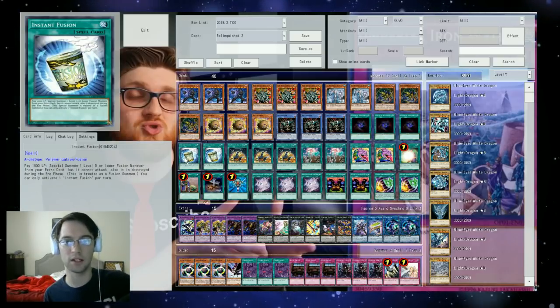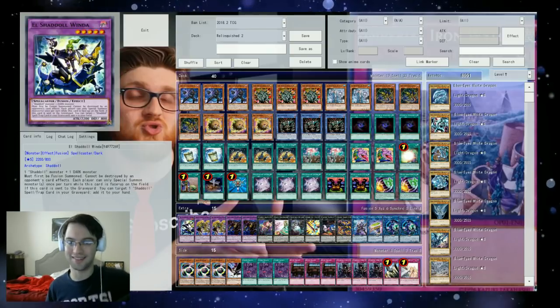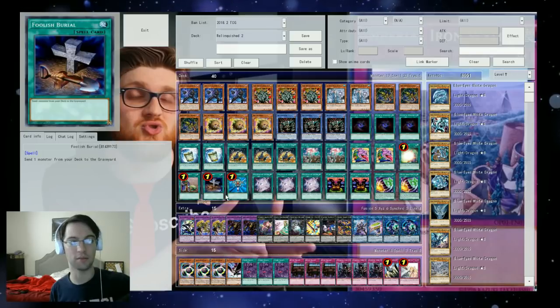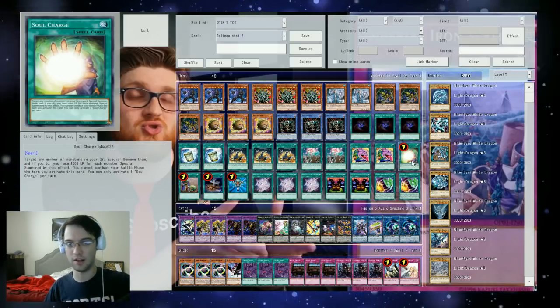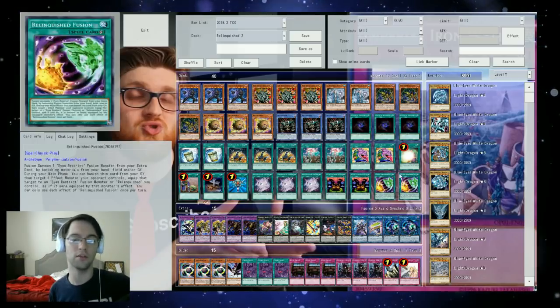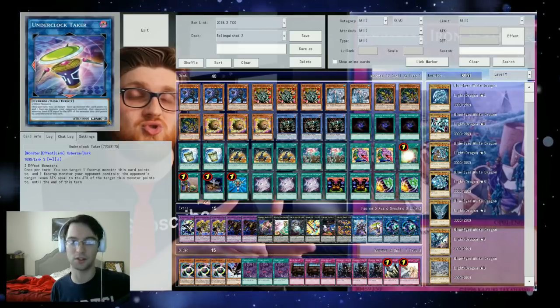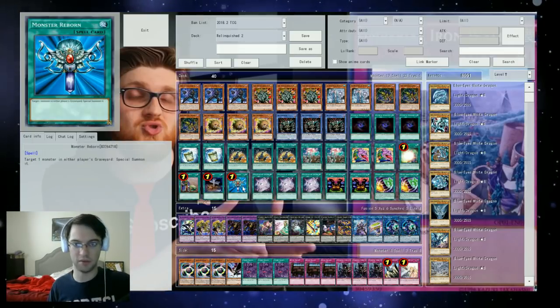Interesting combos that I would like to go over: for Instant Fusion, you can actually summon El Shaddoll Winda instead of Thousand Eyes Restrict. It will die during the end phase, but you can always bring it back with something like Monster Reborn or Soul Charge in order to actually get that floodgate happening longer. Or you could even summon it out with Instant Fusion and then go into your Underclock Taker to force it to the grave